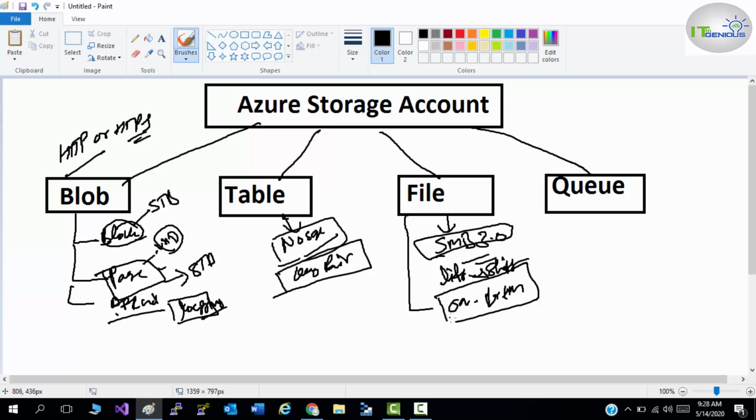You can also use this file share for storing the debugging tools which your developers are using. You can map this file share to your developers' virtual machines or systems, so they all can get the same file share where they can store the common data which they all require. So that is also a use case for file share. Queue: you can store your messages in queue storage. In Azure Administrator we have blob and files, so we will discuss blob and files.